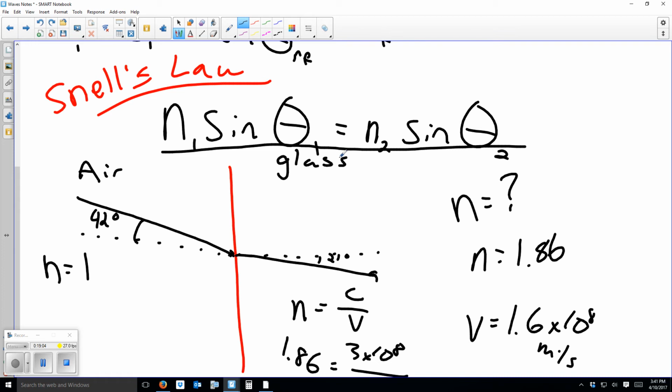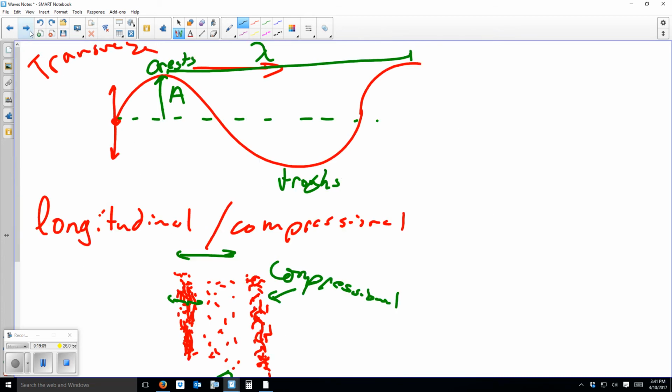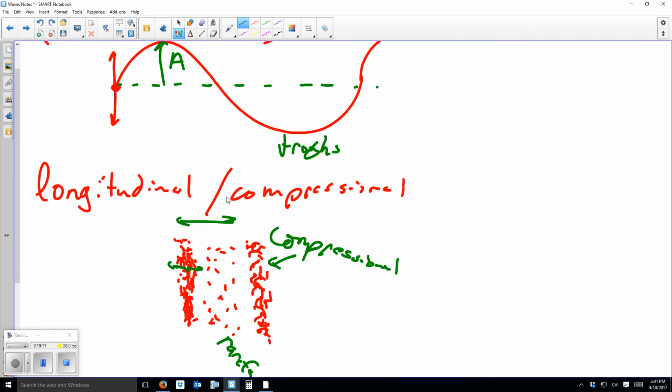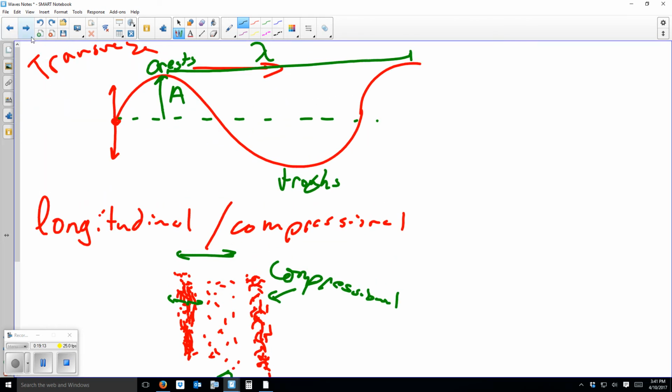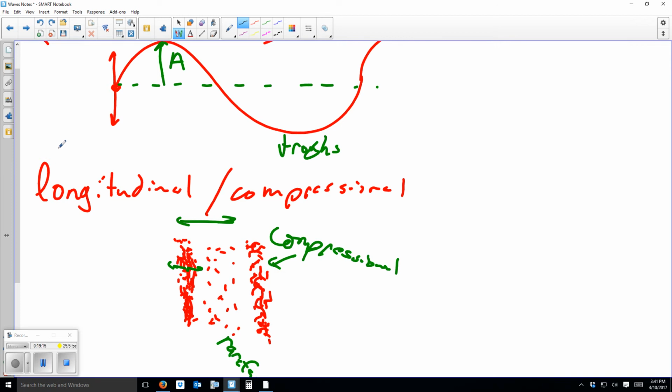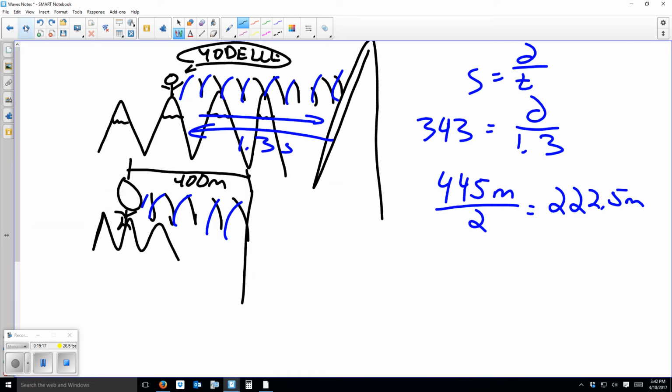We did a little mid-unit review. Here's a couple more diagrams for you, the transverse and longitudinal waves drawn out for you. Problem with yodeling. Couple of things here. Here's some more examples of that,